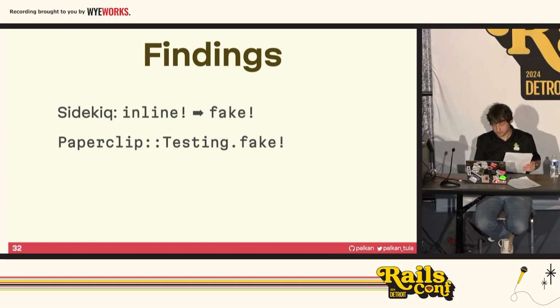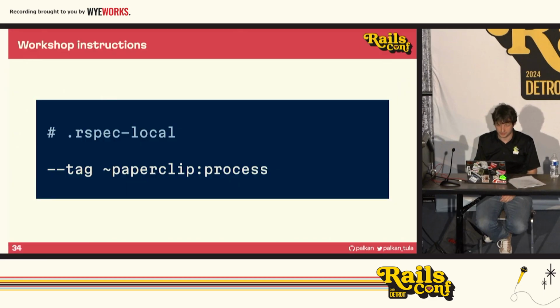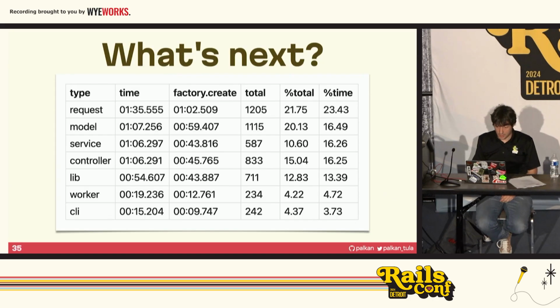Okay. So yeah, we turned off Sidekiq inline mode by default and disabled paperclip processing wherever it's possible. The technique is described in the blog post, actually a pretty old blog post, the first blog post on TestProf, but the same technique still works. It gives you the same Sidekiq inline example with a bit different implementation of this inlining thing, but you can recall the idea from this blog post. And we already covered this too. Okay,